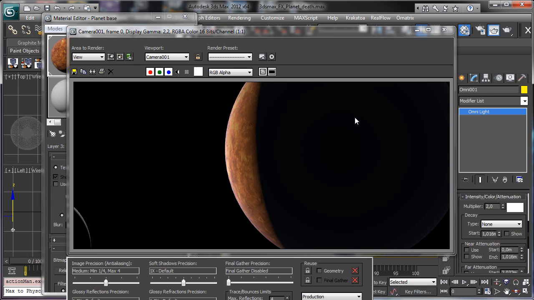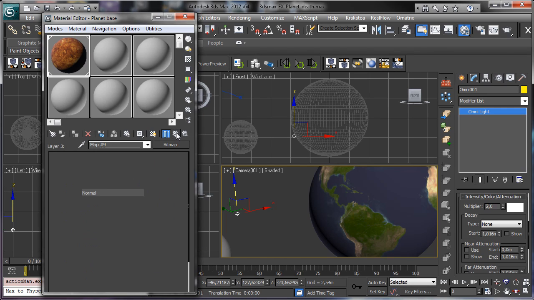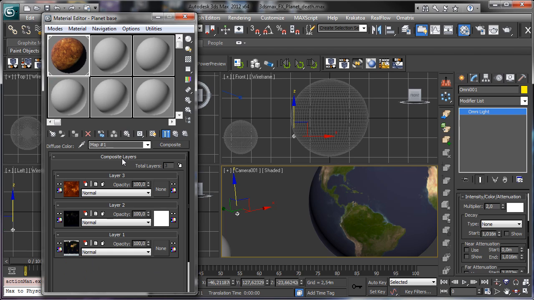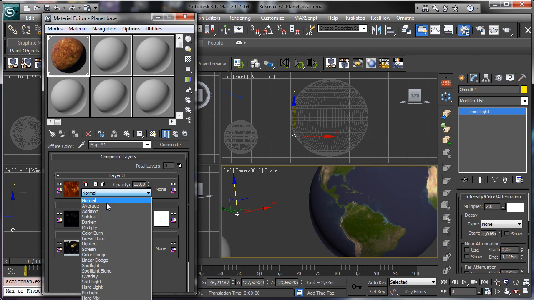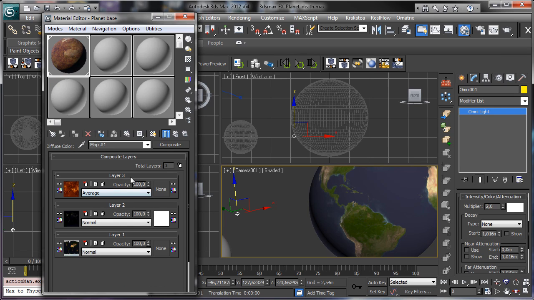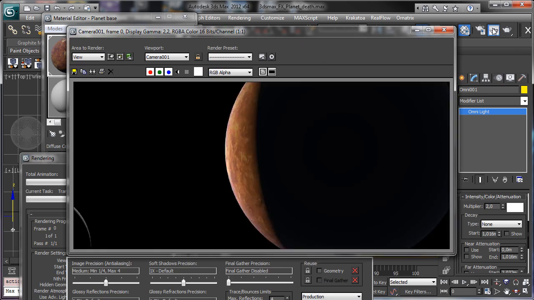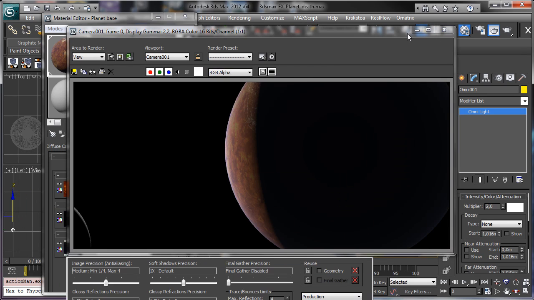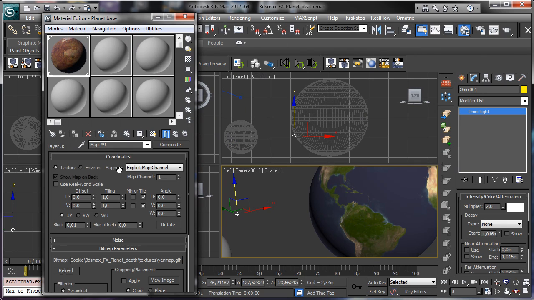You see that we have this kind of effects there, and it seems interesting. So let's see what we can do with this one. In this way we have an average, so we have part of this map and part of the other map, and it is not bad, but I like to do something